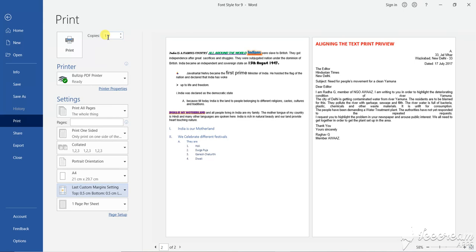If you want one copy, you can make one copy here. By default one copy is there. If you want to make 10 copies, you can write 10 here. So all these default settings of the pages you can change, and it will show you the preview. This is the preview you are seeing here. This is the preview option shown here by default. But if you are working in another section, it has a Print Preview option. You can see the Print Preview option, then you can